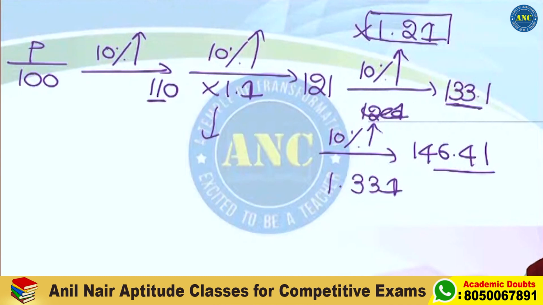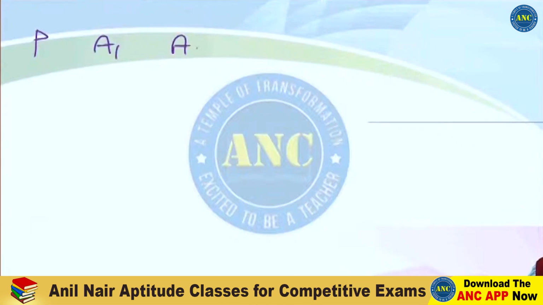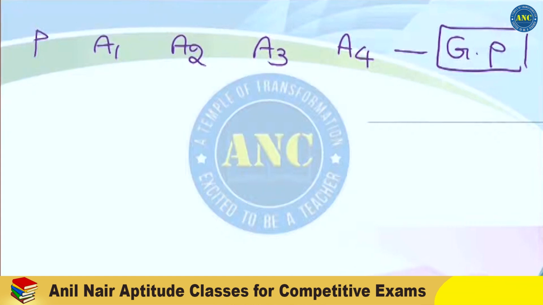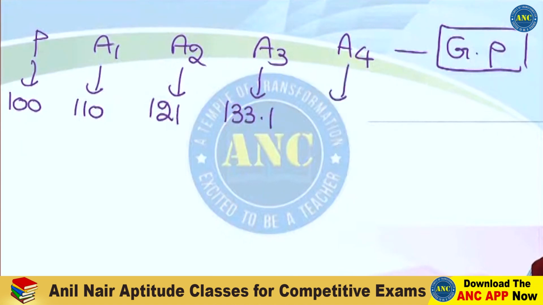I will tell it like this so that it will be easy for you. Principal, A1, A2, A3, A4, and so on, they are all in geometric progression. Amount at the end of the first year, amount at the end of second year, amount at the end of third year. Why it is, we will see. Principal is 100. These are nothing but 110, 121, 133.1,